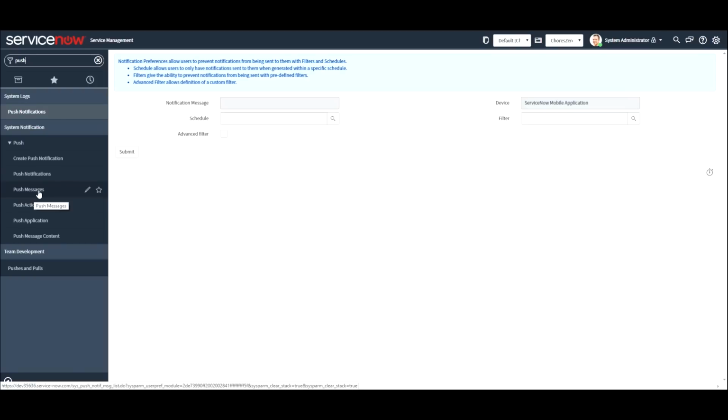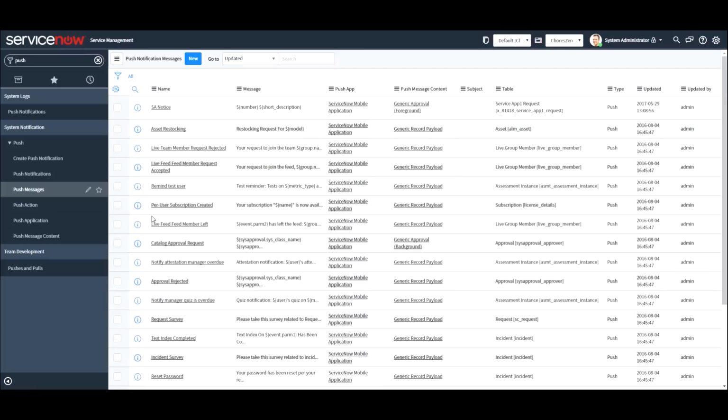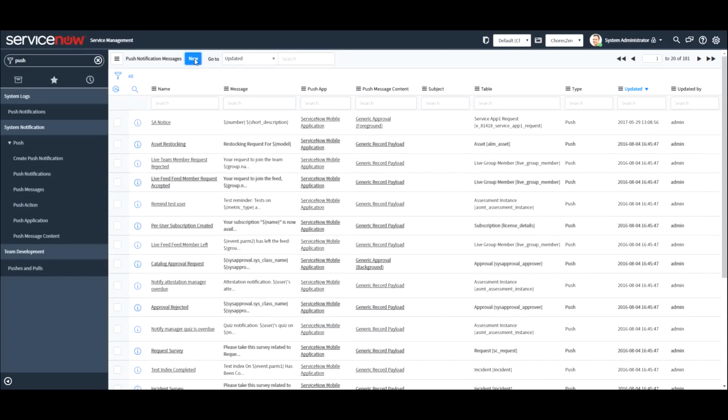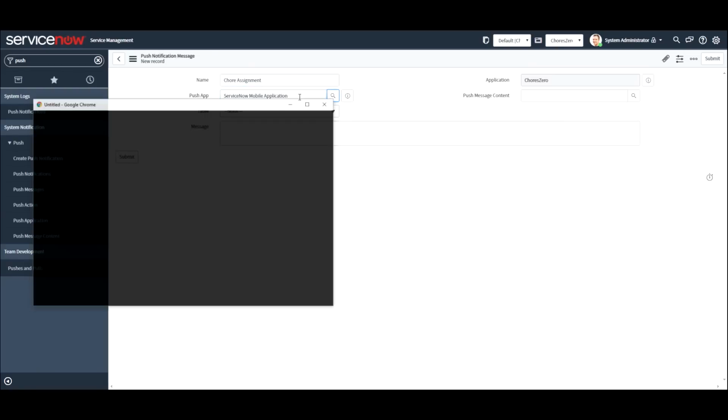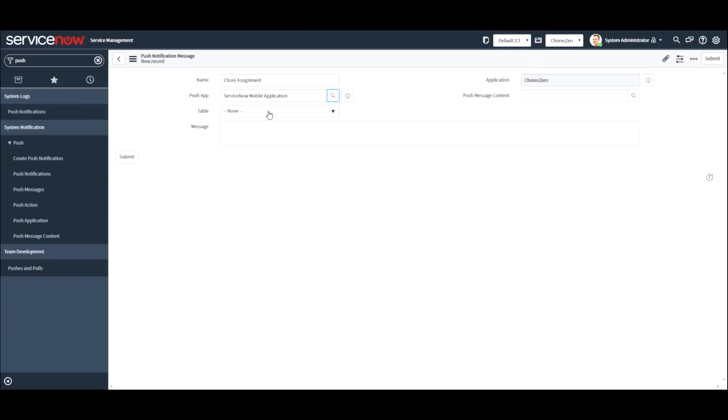So let's start with our push message. Go ahead and create a new one. Give it a name, chore assignment. We're going to select the ServiceNow mobile app. Select our chores table. This is that content that I was mentioning, so we're going to select generic record payload and then our actual message. So our message is going to be